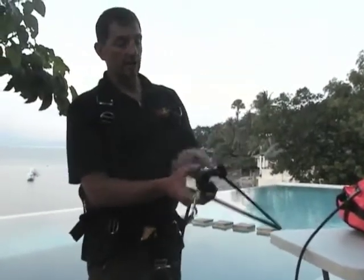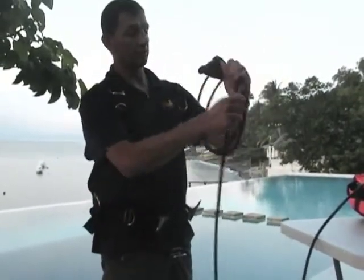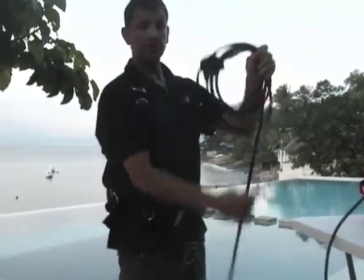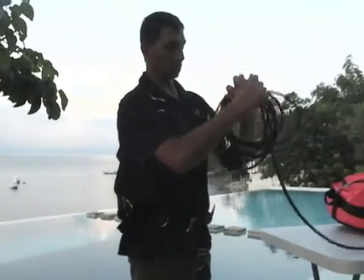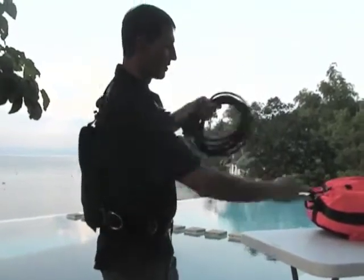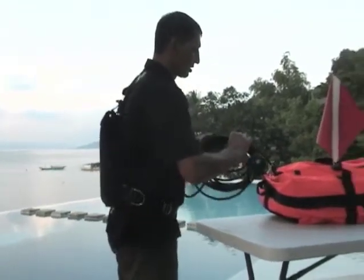take my regulator, and I'm going to start rolling. And all I do is I just make these little half circles. And the hose will just naturally fall into the loop that you're looking for. So it just rolls into the loop as you want. Okay, I unconnect it from the bag. So I roll her up,